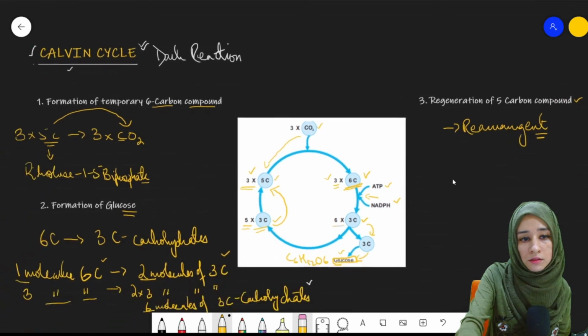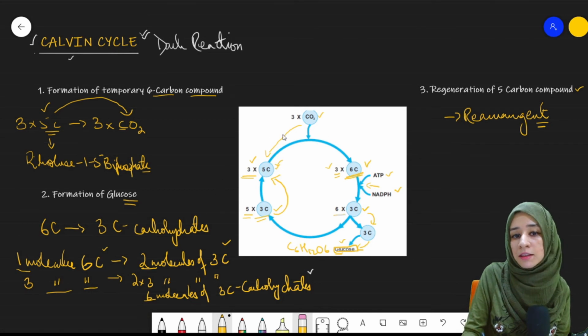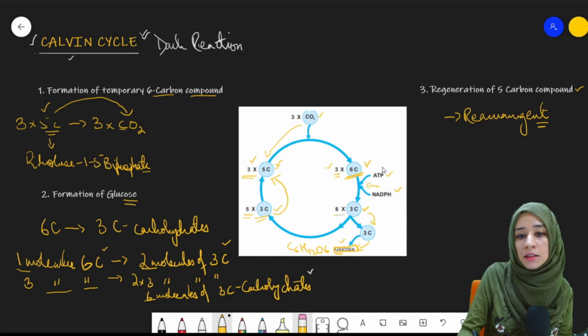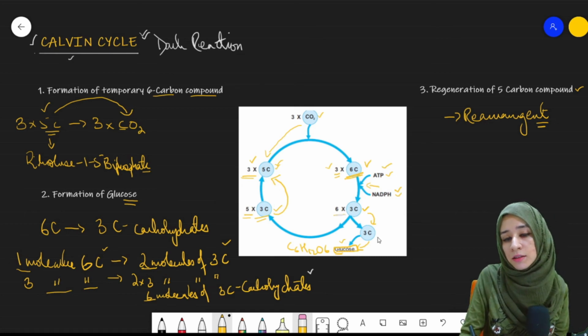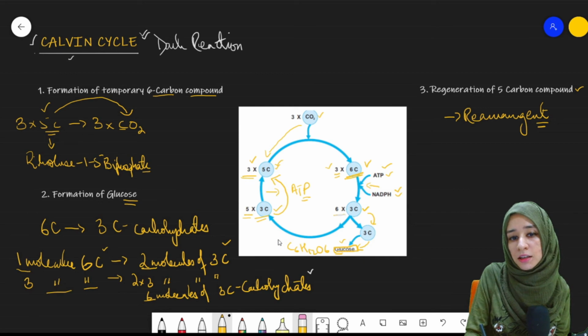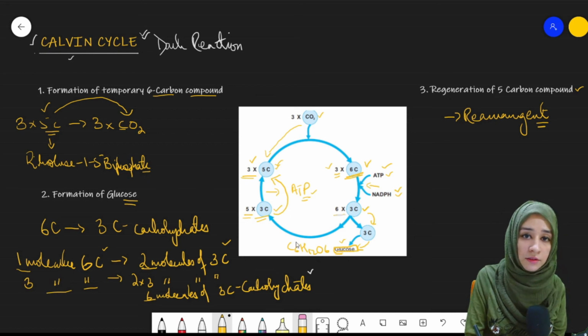So present here in the first step. This is the first step. And then this whole cycle will continue again. There will be a continuance of the whole cycle. This way, these high energy molecules are being utilized. ATP is also being utilized here where the rearrangement of atoms is occurring. These 5 molecules of 3-carbon carbohydrates are changing into 3 molecules of 5-carbon compounds, and the energy is being utilized here with the help of the ATP, which was generated during the light reaction.